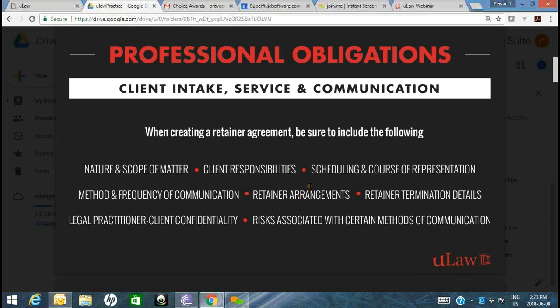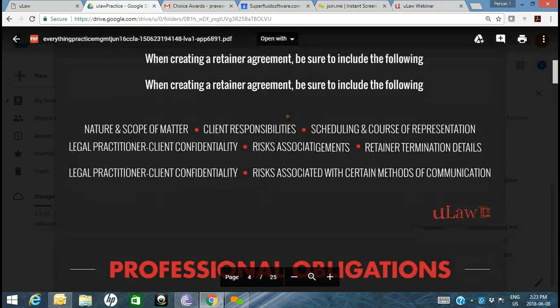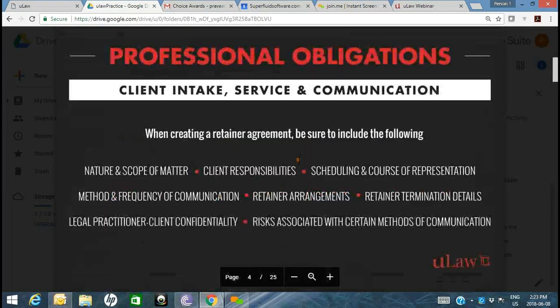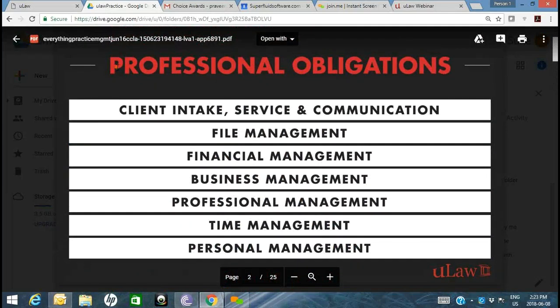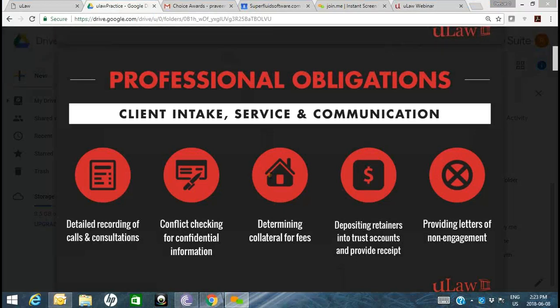Okay? So the whole screen right here is to finally talk about that initial document that you sign with your client and some of the core aspects that retainer or engagement letter should look like. Okay? So right now we've covered our first category under professional obligations around client intake, service and communication. And the big takeaway is ensuring that you're capturing detailed information about calls and consultations, clearly outlining your service capability as a legal professional, service levels, and the rules of the engagement, right from